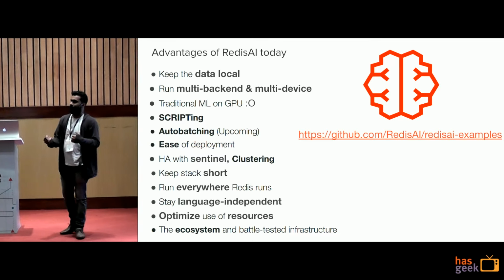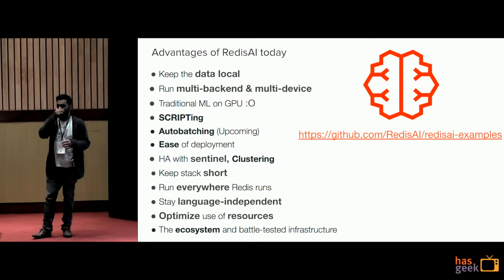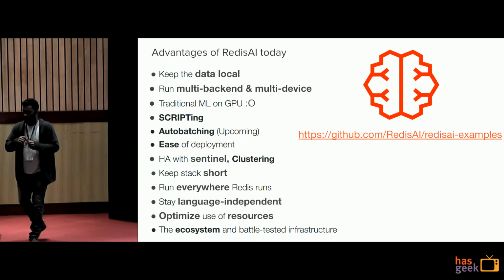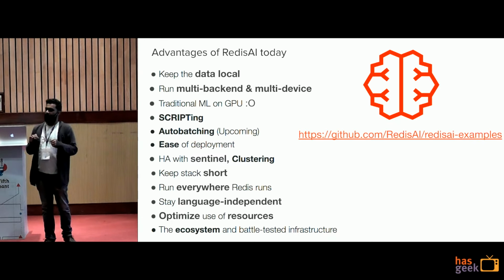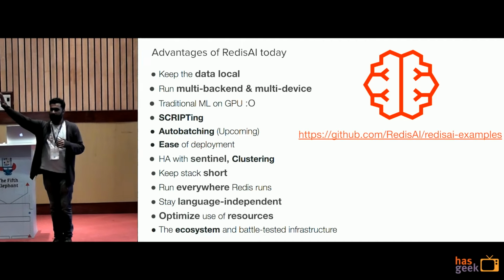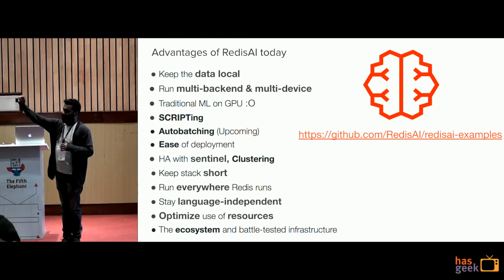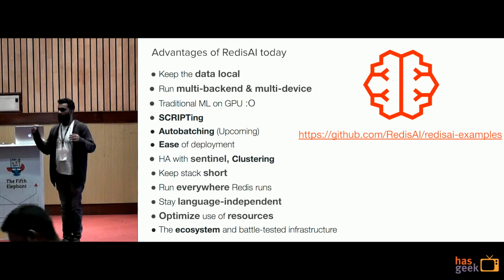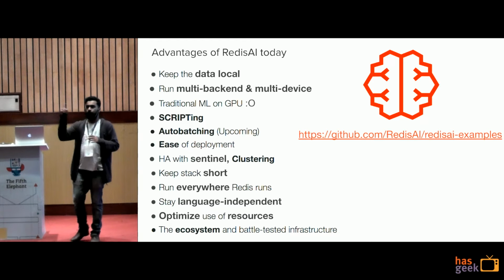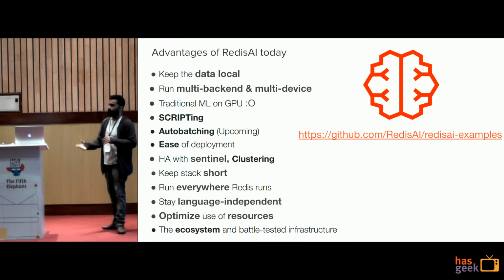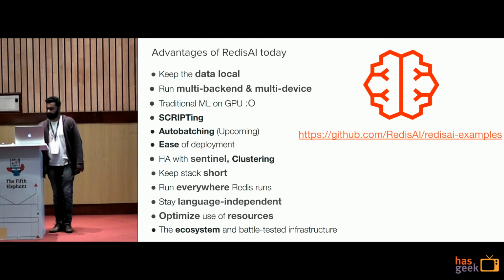But since RedisAI is inside Redis itself, you don't have to really worry about that, because after sending a sentence, you get a response back. You don't take the hidden vector back because you don't need it, right? You save that in a key in your Redis database. You only get the output. You process that output. When you get the next sentence, you send it to RedisAI and ask RedisAI to take the hidden vector that you have saved previously on some key. So you don't really have to transfer this hidden vector around, and that basically saves transfer cost.